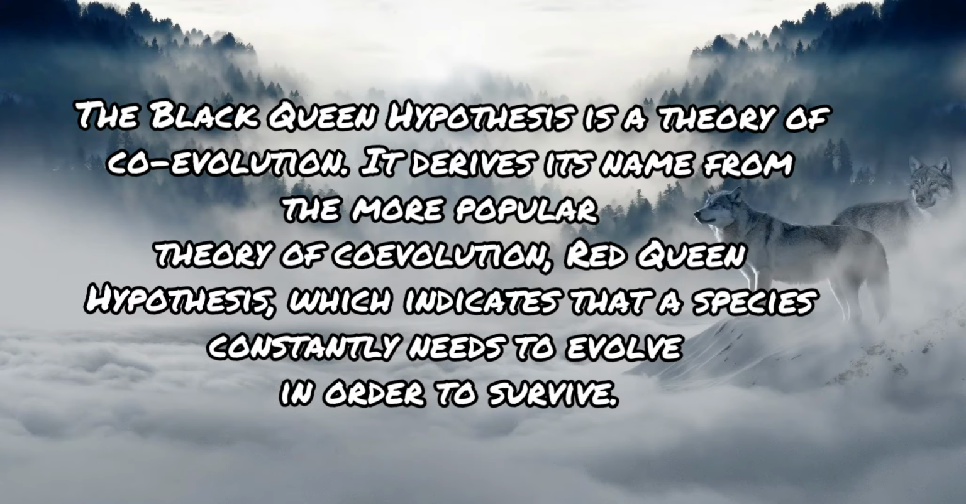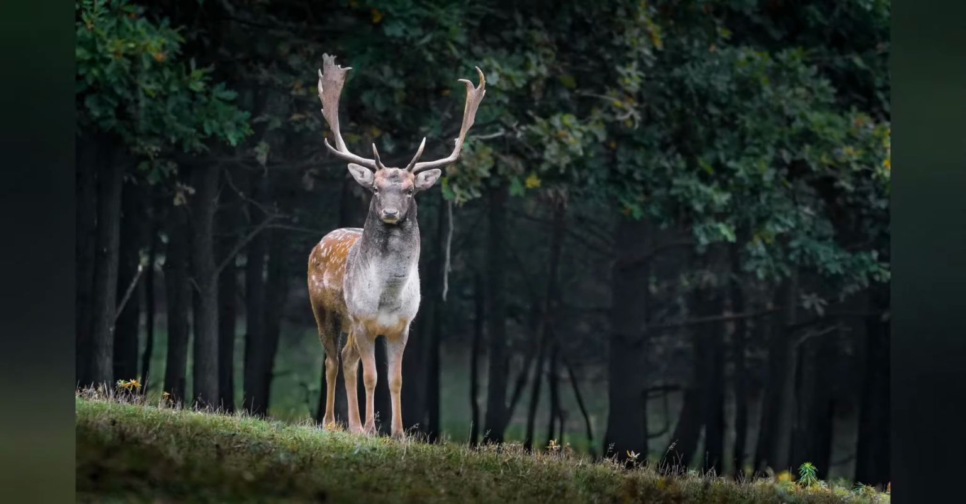The Black Queen hypothesis is a theory of coevolution. It derives its name from the more popular theory of coevolution, the Red Queen hypothesis, which indicates that a species constantly needs to evolve in order to survive. The Black Queen hypothesis is a theory of reductive evolution that suggests natural selection can drive organisms to reduce their